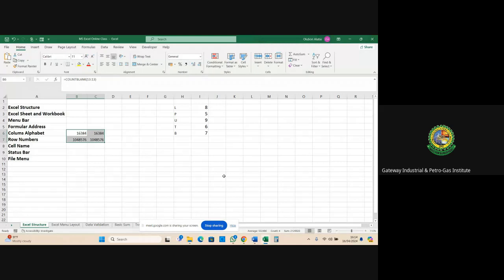We started with the structure of Excel yesterday. We talked about the sheet, the menu bar, and the columns and rows in Excel. We established that this is the number of columns that we have in Excel, 16,384. If you count all these alphabets, A, B, C, to the end, you're actually going to get 16,384. And these are the number of rows,